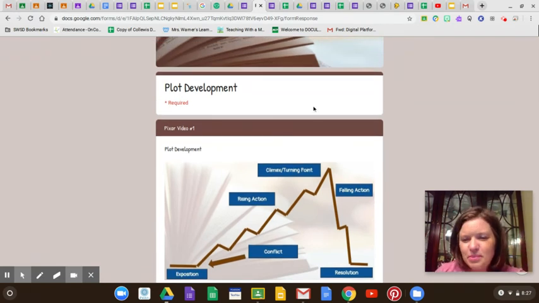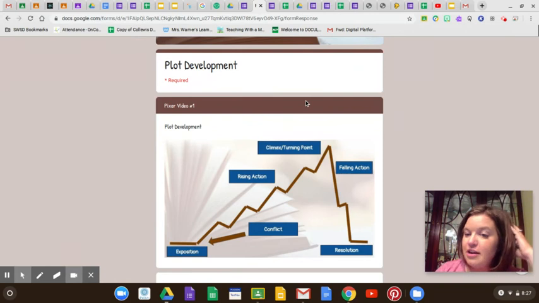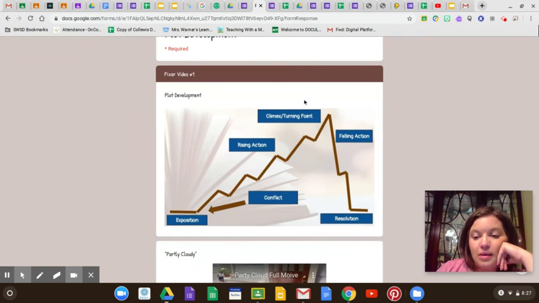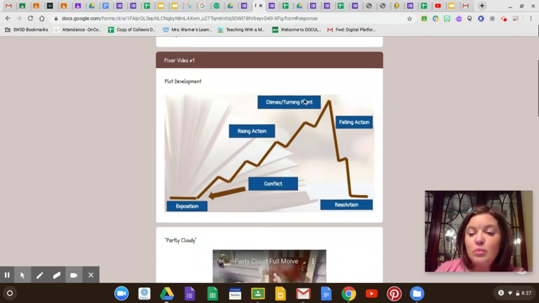I try to switch it up a little bit though. So today, instead of reading something or reading short little excerpts and deciding the parts of the plot, we're going to watch a Pixar short film. It's about 5 minutes long, and it's about a stork. It's called Partly Cloudy. You can watch it as many times as you need in order to decide the different